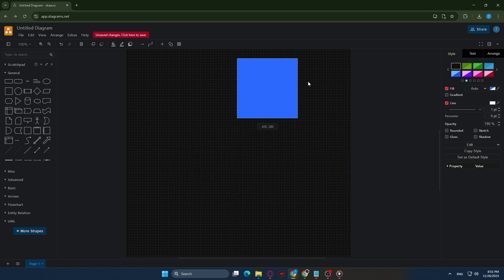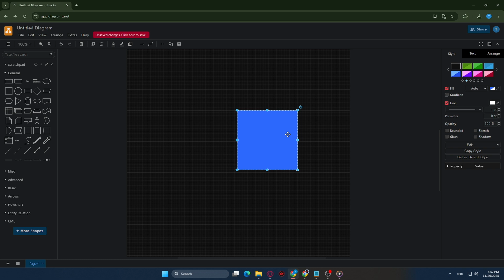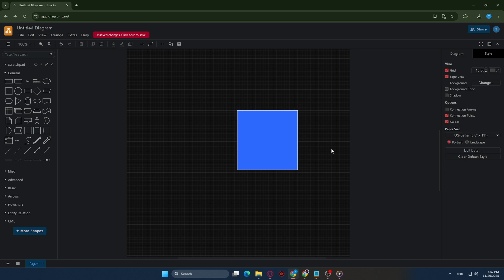Next, let's move around the page itself. If your diagram is larger than the visible area, you can pan the canvas using the same Shift drag technique. Click on an empty area of the canvas, hold the Shift key, and drag the mouse. The entire page will glide in the direction you drag, allowing you to explore different sections of your diagram without